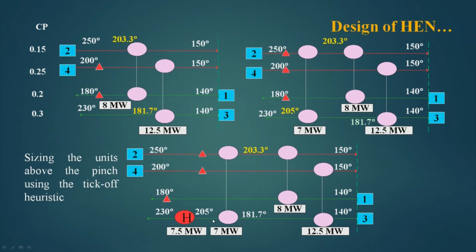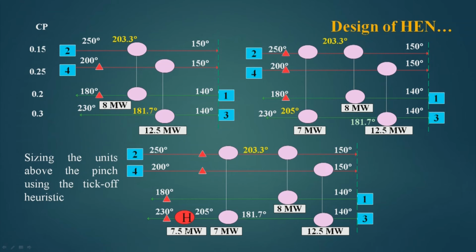So, now this stream will be ticked off. We see that all the 4 streams have been ticked off, and we have used 3 heat exchangers and 1 heater. If I use the units criteria on this, then 2 streams plus 1 hot utility becomes 5, 5 minus 1 is 4. Here, if we count the number of units, this is 1, 2, 3, 4. So, these 4 units are inclusive of the heater. So, we have reached the targeted value of units.